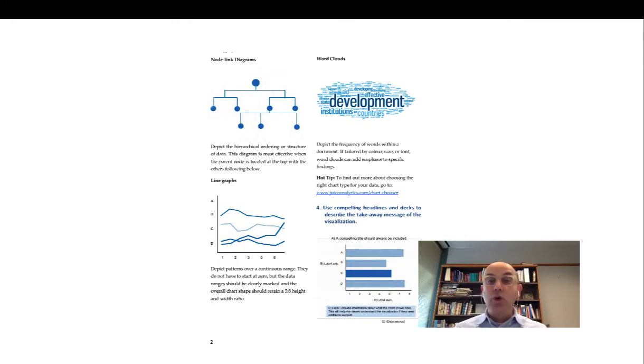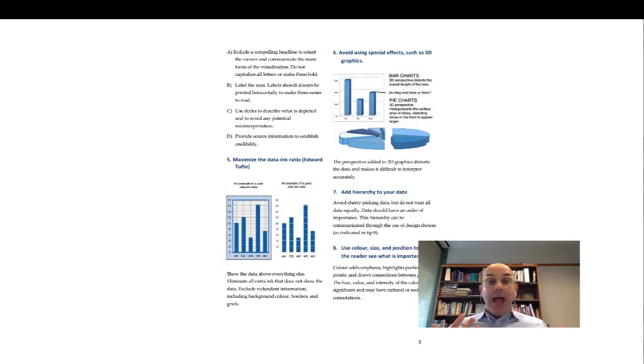Rule number 4 is to use compelling headlines and text to describe the main message of the visualization. So use the X and Y axes to symbolize what it entails. Tell us what you actually did, and provide an index of what is basically measured. And they came up with a specific recommendation: include a compelling headline, label the axes, use the deck to describe what is being shown, provide sources of information to